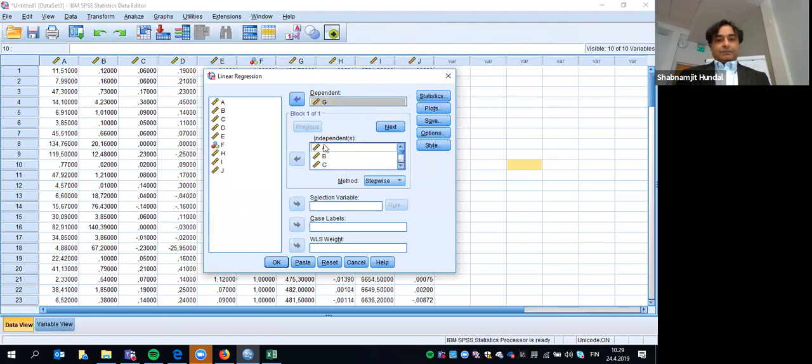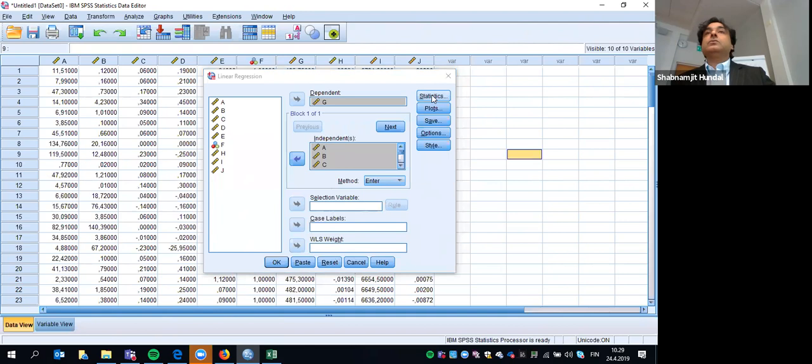And let me first reject them and then accept them again. So once I have the other variables, I can select them all, or you can pick and choose which you want, which you don't want, and move them into independent variables. Method could be enter or stepwise. To be honest, it doesn't matter much. Enter method is the easiest way, enter. And then we do nothing else on this page. There are some more options, but we don't really care. Okay, what we care about is